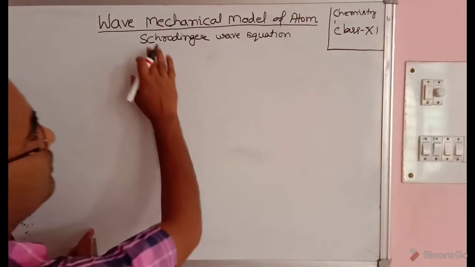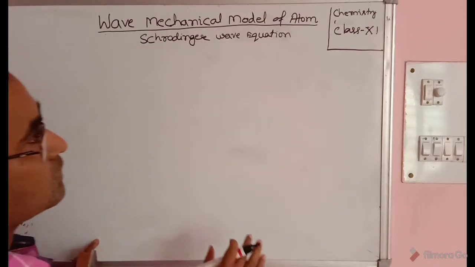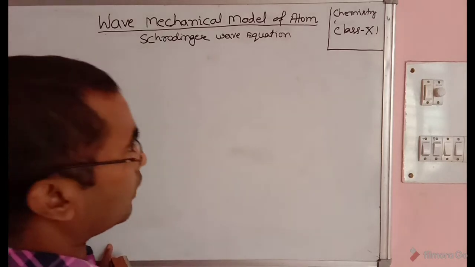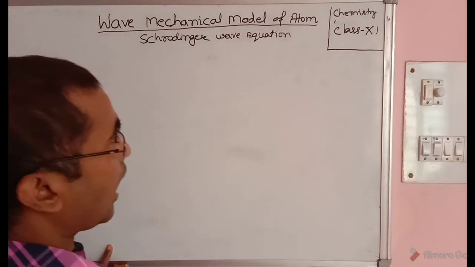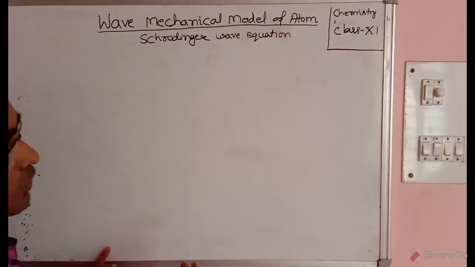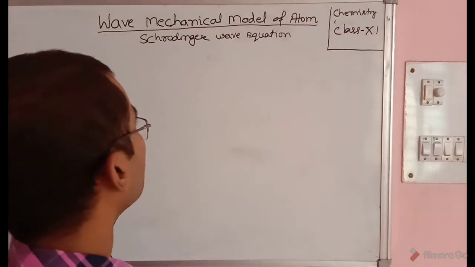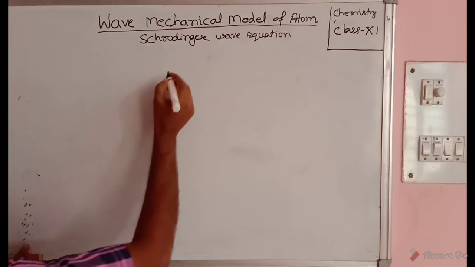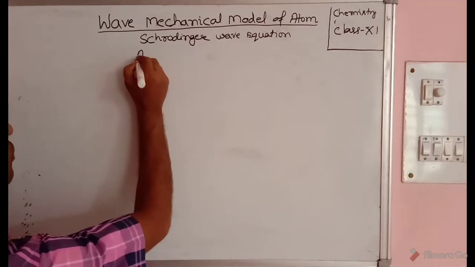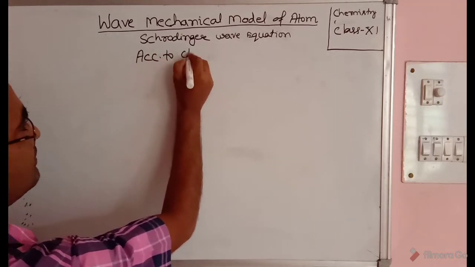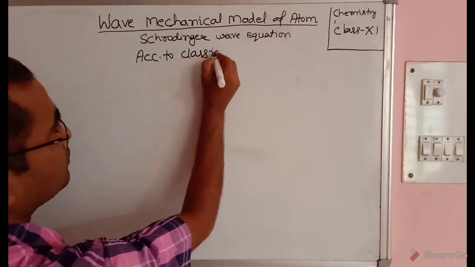So how do we derive the Schrodinger wave equation? It is most important, you have to know about the Schrodinger wave equation. How do we derive it? According to the classical wave equation,